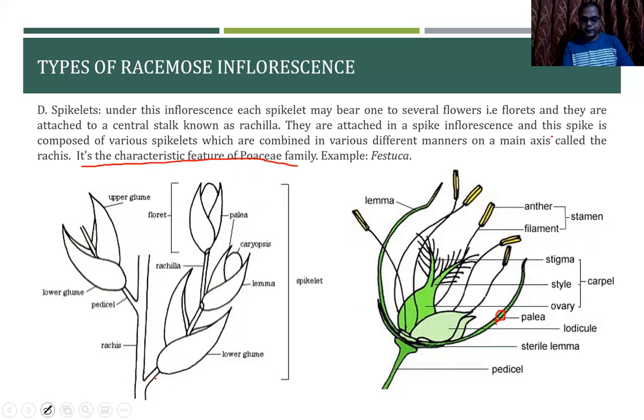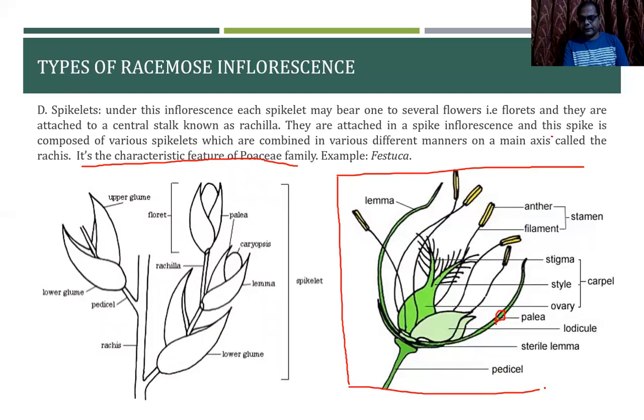Now, in the inflorescence, we have the lower glumes here. We talked about the glume, and on each glume we have the rachis, and each rachis is further divided into rachilla, and this rachilla further forms the floret. Now, this is the structure of the florets itself. So when we are talking about florets, this structure is of the florets. Now, this is the structure of the inflorescence itself.